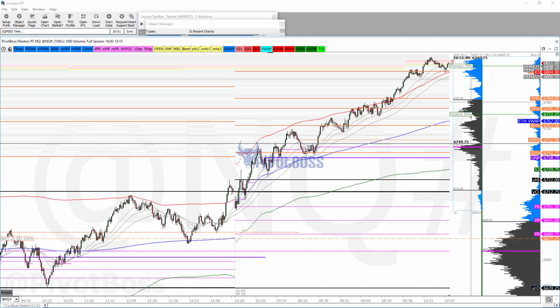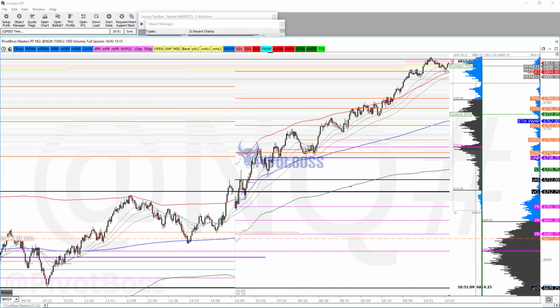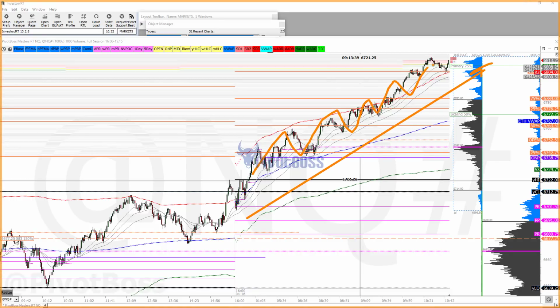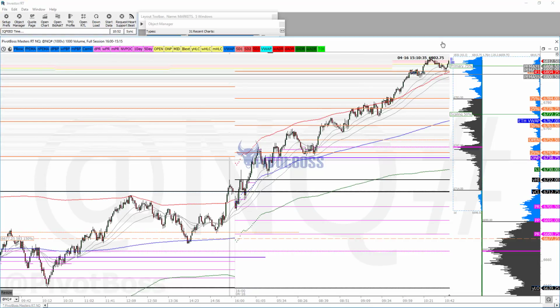Look at all the LVNs that get left behind in a unidirectional trend day. And that's an imbalanced phase right there. As this thing trends higher, usually you see pullbacks to these moving averages and to the LVNs. And so that's typically your spot to defend, all up and down the line. The idea is you usually see on a day like this, if you do see full-on trend day expansion,